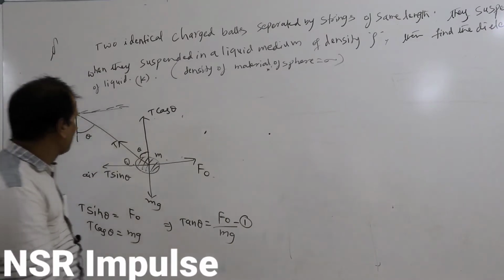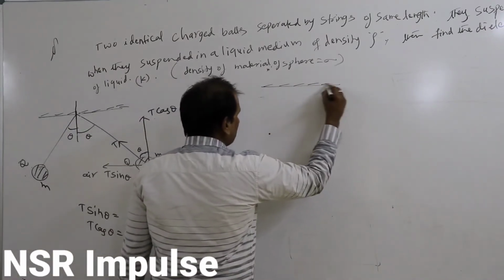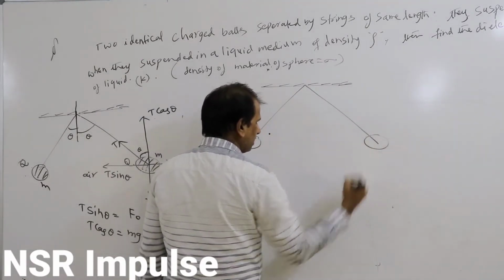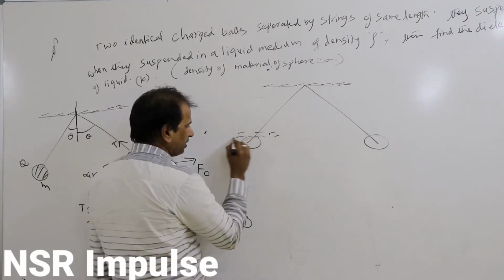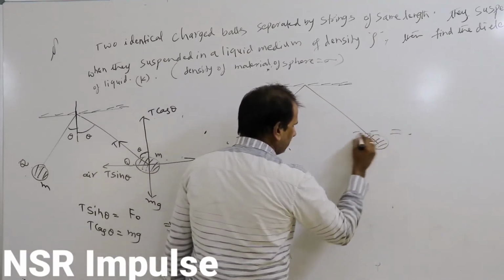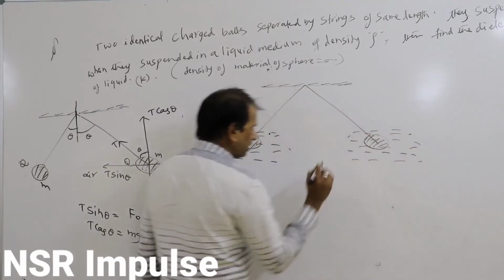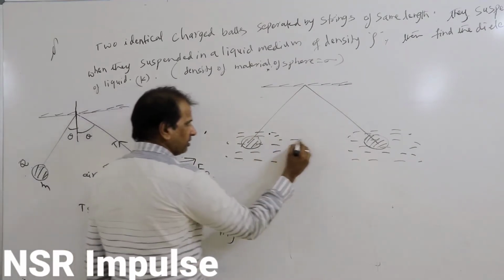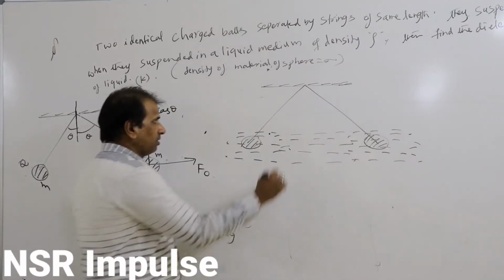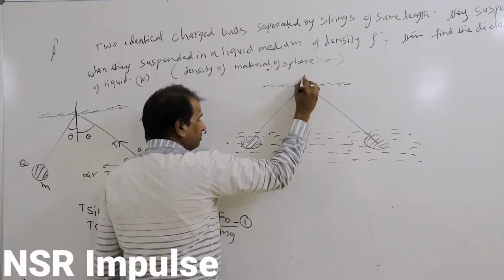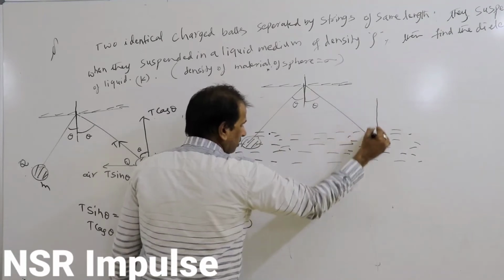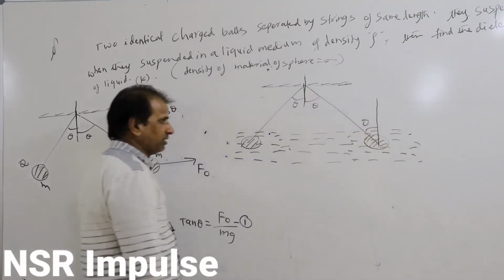Then in this case, this is the sphere like this. Both are separated in which medium? Liquid medium. They are separated in the liquid medium like this. Between them, liquid is there. Both the spheres are dipped in a liquid. Of course, here also the angle made is the same. This is theta and it is also theta. If you draw one perpendicular line, this is also theta.